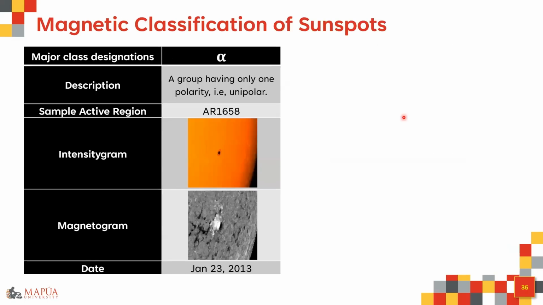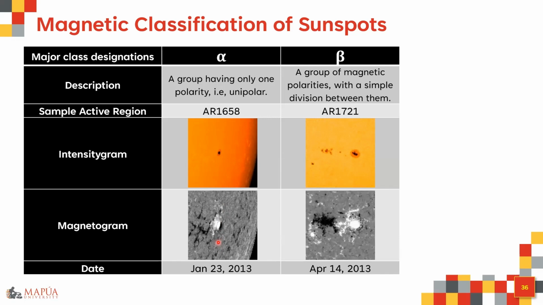Usually sunspots emerge as unipolar. The classification for this is called an alpha configuration. So this is an example of an alpha configuration. And then you can have your beta. Beta is basically bipolar, wherein you can actually see the direct polarity of the sunspot region. So one side is positive, one side is negative, one side is north, one side is south, or whatever you may want to call it.